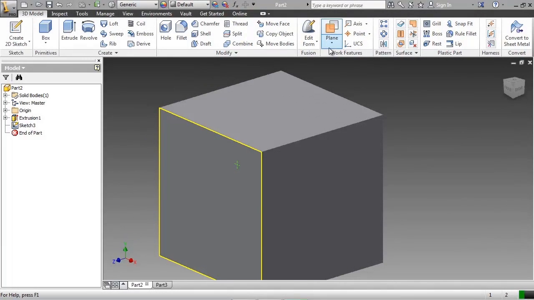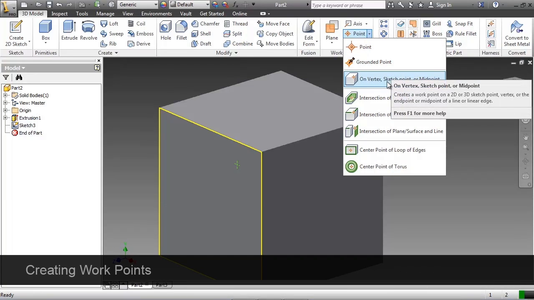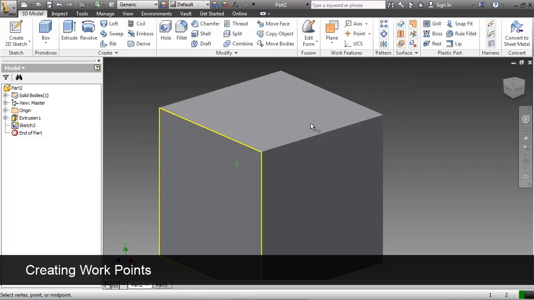Creating work features, such as work planes, axes, and points, is an important skill. For each feature, there's a drop-down menu that allows you to create them using different defined inputs. First, we'll make a point on a vertex,